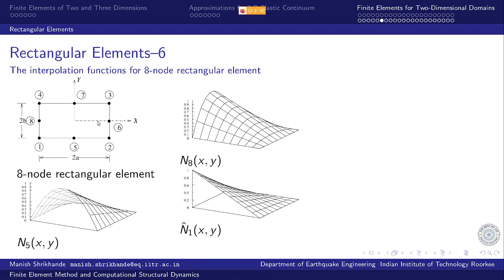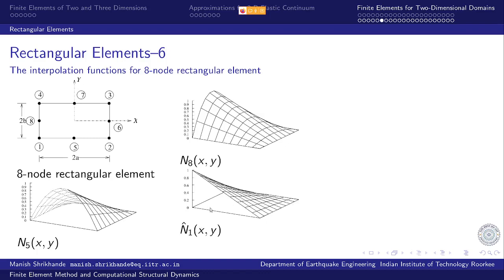So we have node 5 here, and similarly we can develop the function for node 8. The interpolation function for node 8 is just another view of that. We can also have the interpolation function for the 4-node rectangle, the bilinear interpolation function for node 1, which looks like this. I am referring to this as N1 hat. That's a bilinear variation, linear with respect to x and linear with respect to y, and it takes unit value at node 1 and goes linearly to 0 at the other nodes, and along these edges it remains 0.